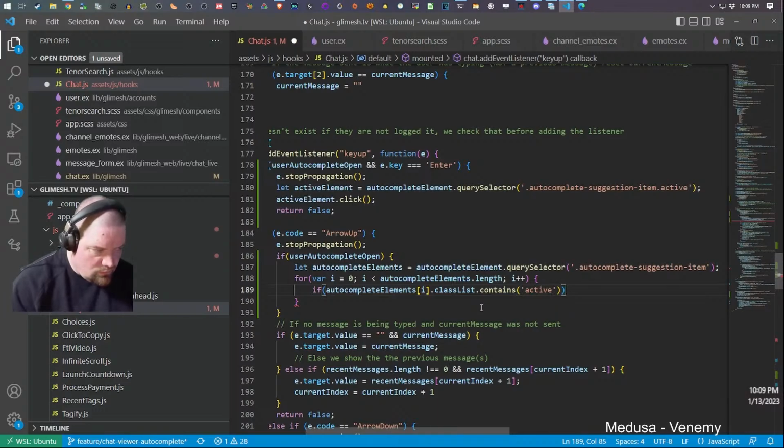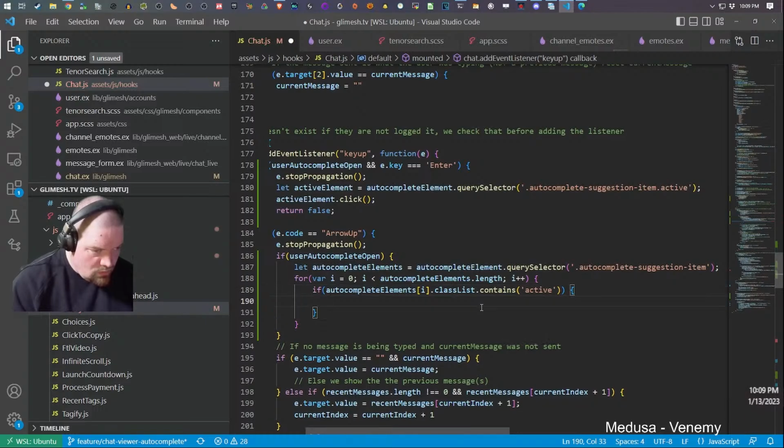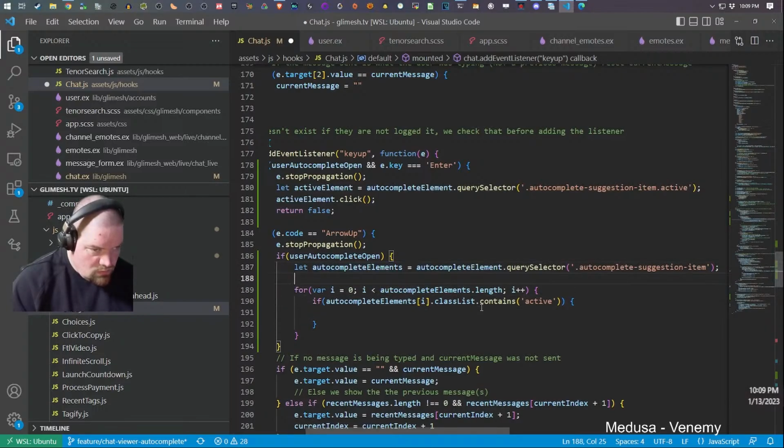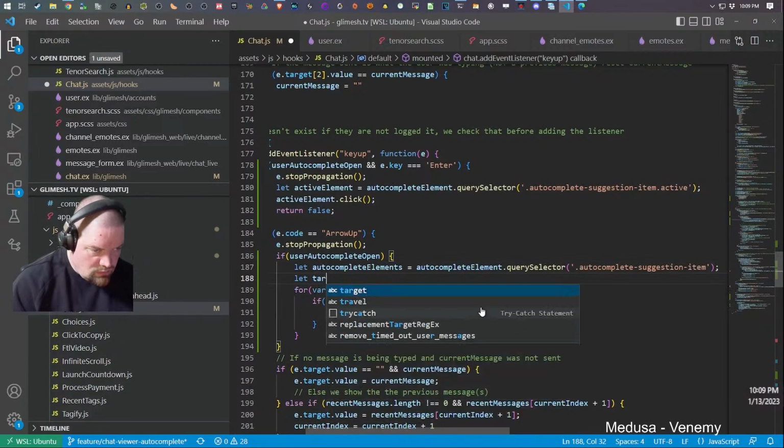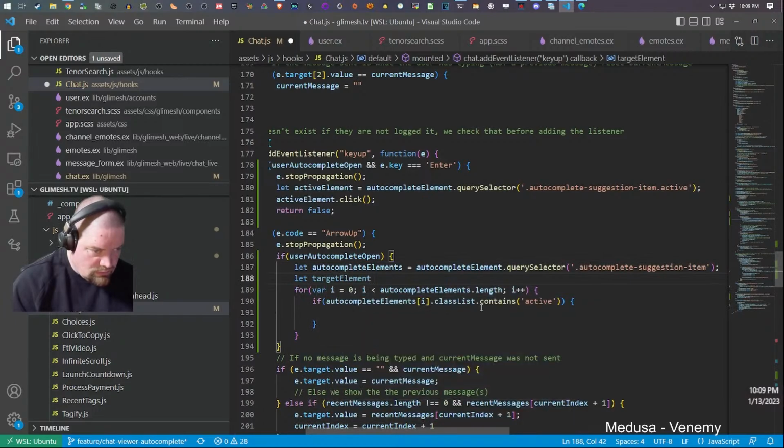Contains active. Okay. So we say target elements.